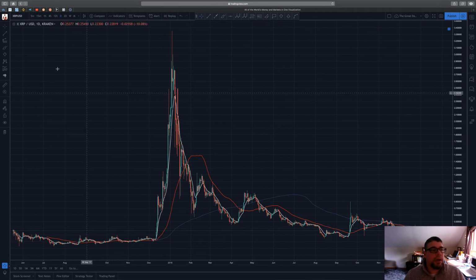In front of you is the XRP USD 1-day trading chart for Kraken. It goes back a little ways, all the way out to May 2017. You can see the price at that point was on average around 25 cents. It was at 25 cents, 25 cents, 25 cents, and then right here it broke out on the 11th of December 2017,